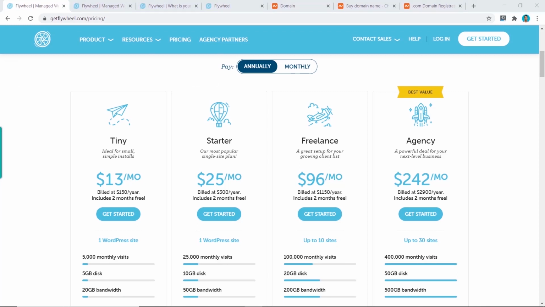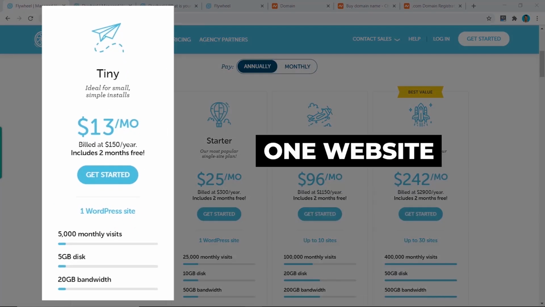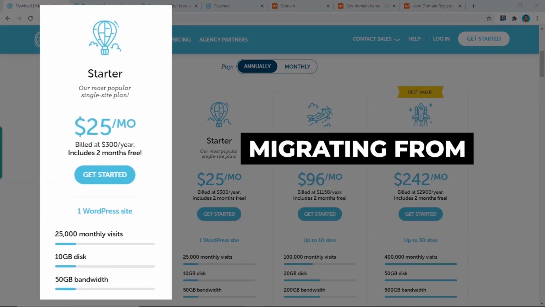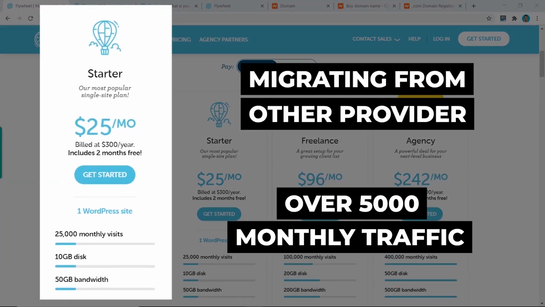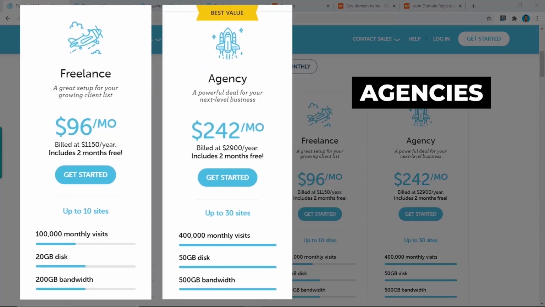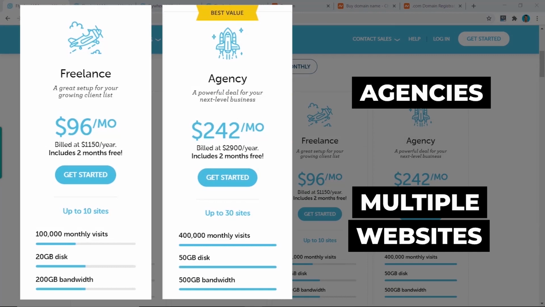So if you're just starting out and you only need 1 website, then you probably want to go for the tiny plan. But if, for example, you're migrating over from another hosting provider and you already have over 5,000 monthly traffic, then you may want to go for the starter plan. But if you're more of an agency or you have multiple websites, then you'll need to consider either the freelance